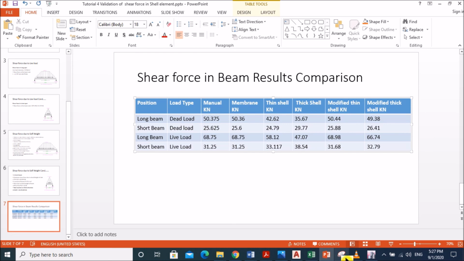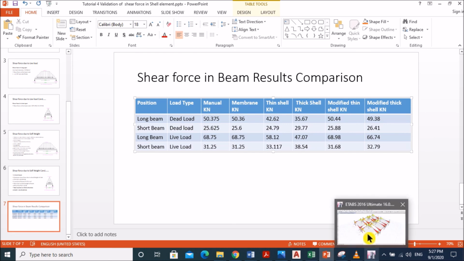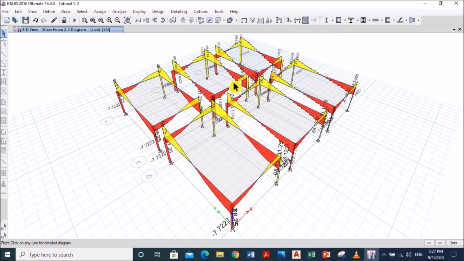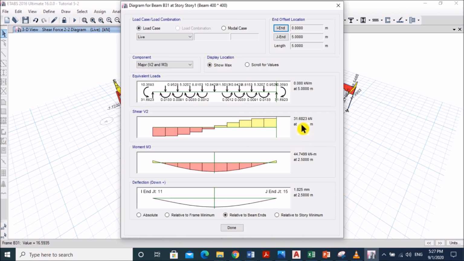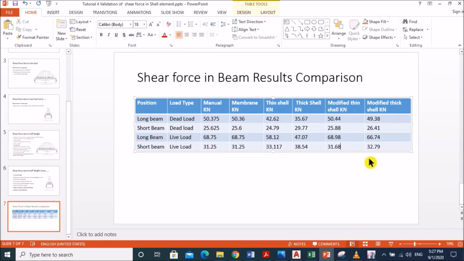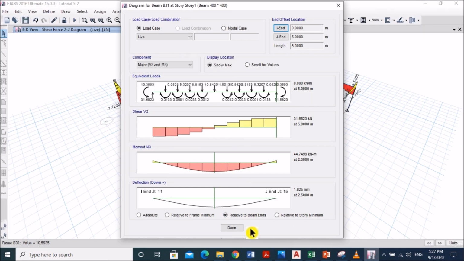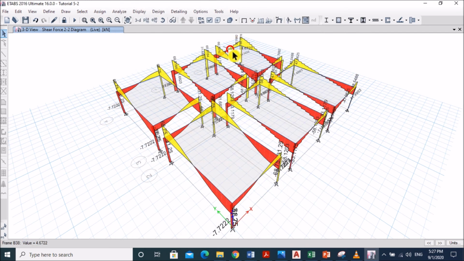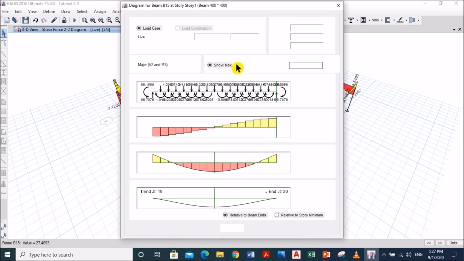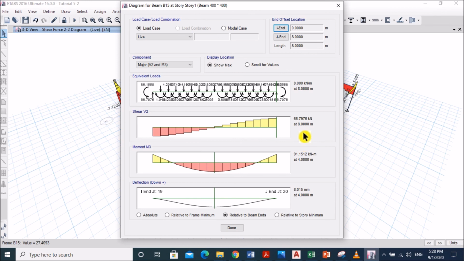Again in short direction we see this will be 31.68. This is also comparable with the manual calculation. We go to for thick cell long direction, 66.79.